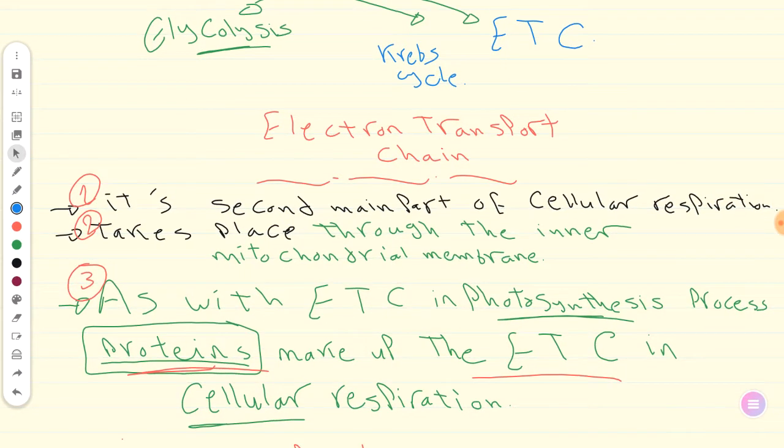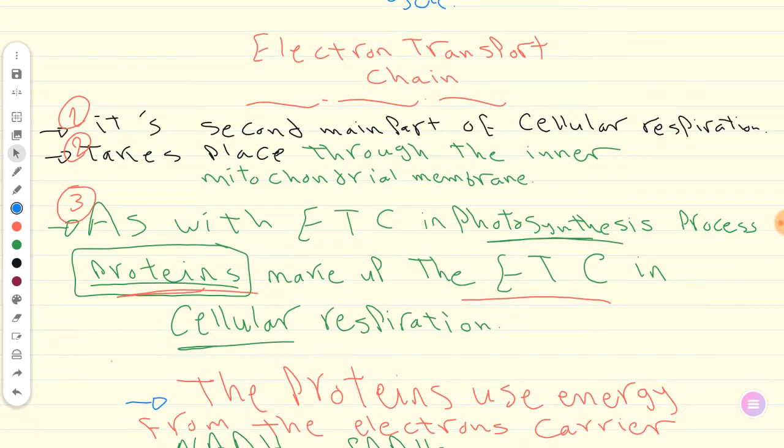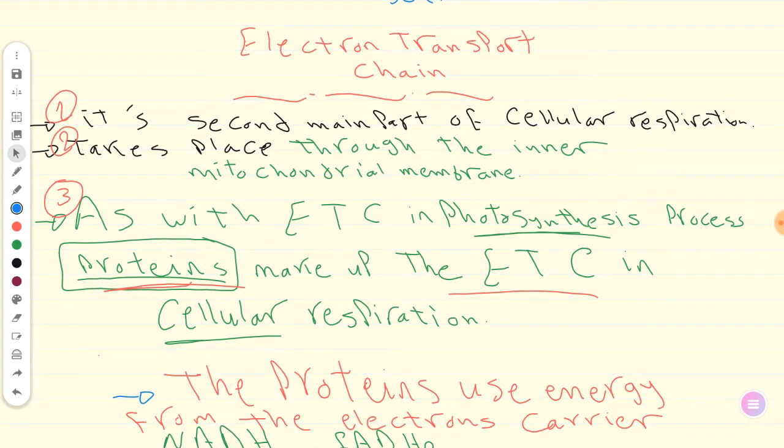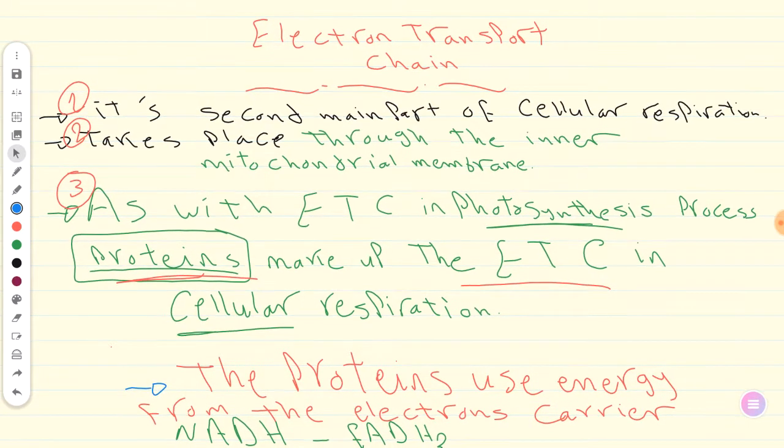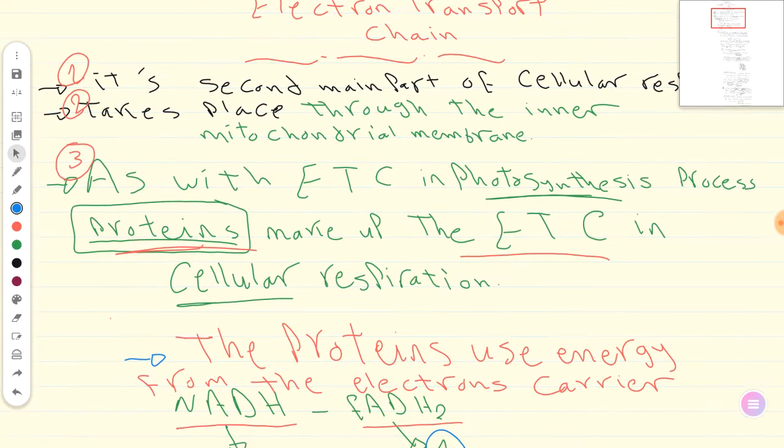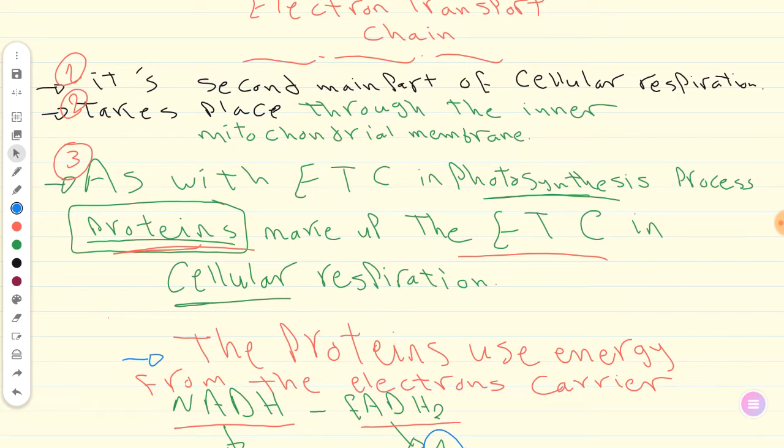So let's start with some information that will help you to study this part easily. The first point, you must know that electron transport chain is the second main part of the cellular respiration. And second point, this process takes place through the inner mitochondrial membrane, and it's similar to the electron transport chain which